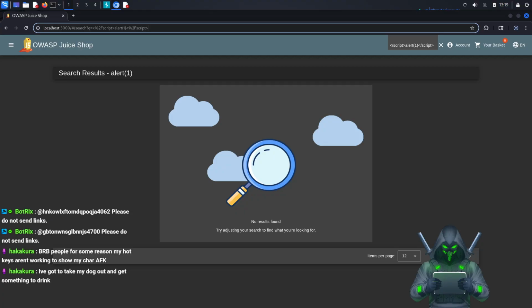You can come down here, and it tells you a bunch of different little things you can do. And we just want this one. That's what it is. I couldn't remember if it was script alert equals 1 or